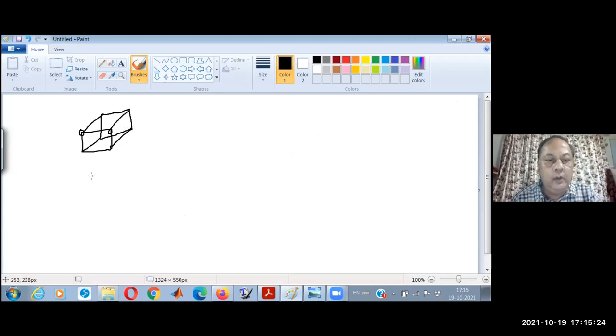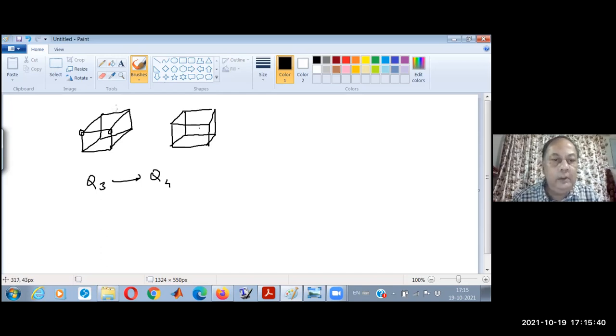And how do you go from Q3 to Q4? Well, you have another copy of Q3, and just join the corresponding vertices. Then you get a Q4. In fact, you join the corresponding vertices like this. I'm not making all the connections. Actually, even if you look at just Q3,